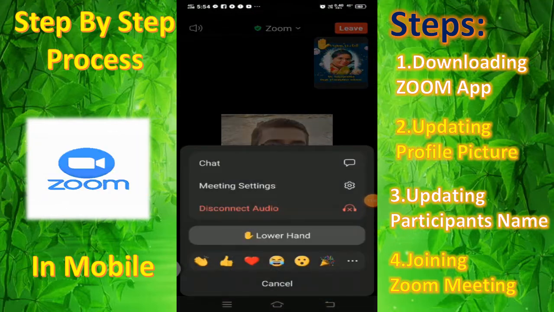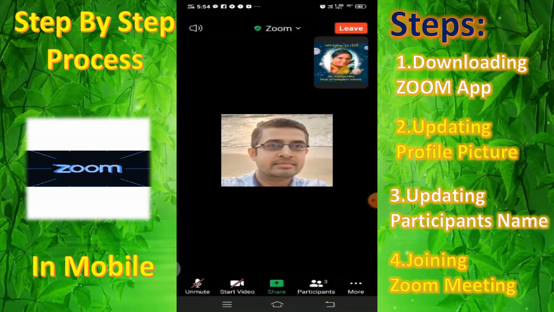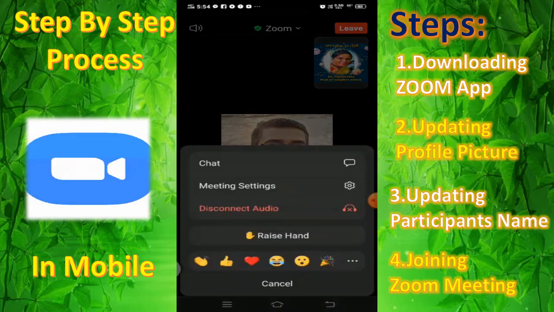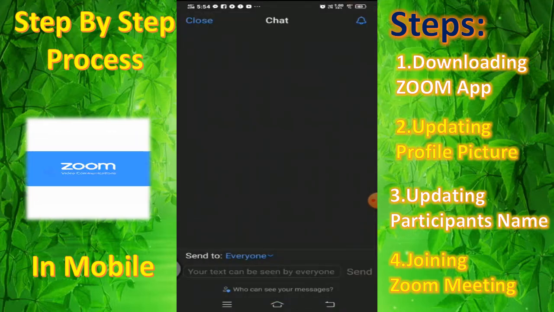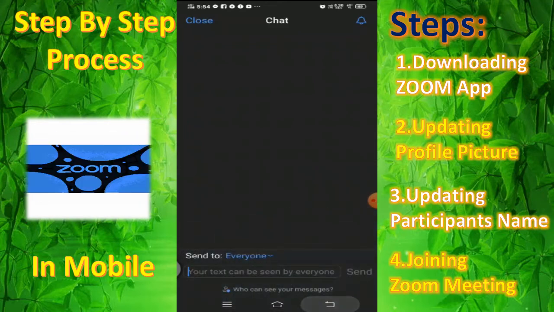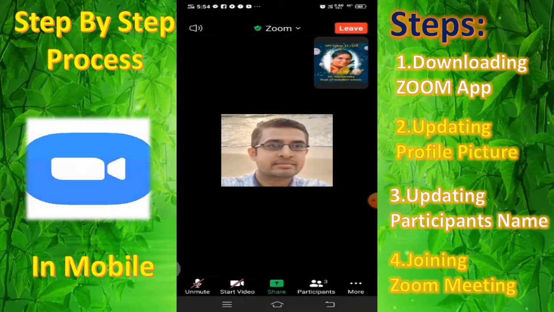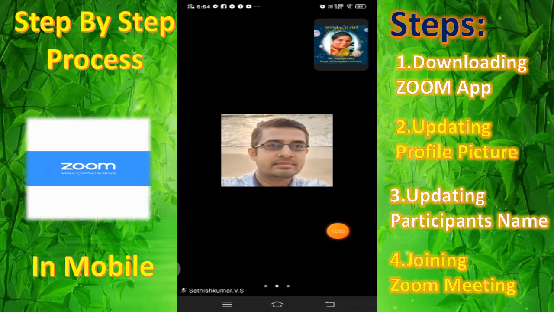After that, if you want to lower the hand, just go to Lower Hand, which you can give the same way in the More option. So Raise Hand and More, and Chat is also there. You can touch the Chat. If you want to tell something, if the host is allowing, you can send it, and you can receive the link also there. So that is the main thing here.